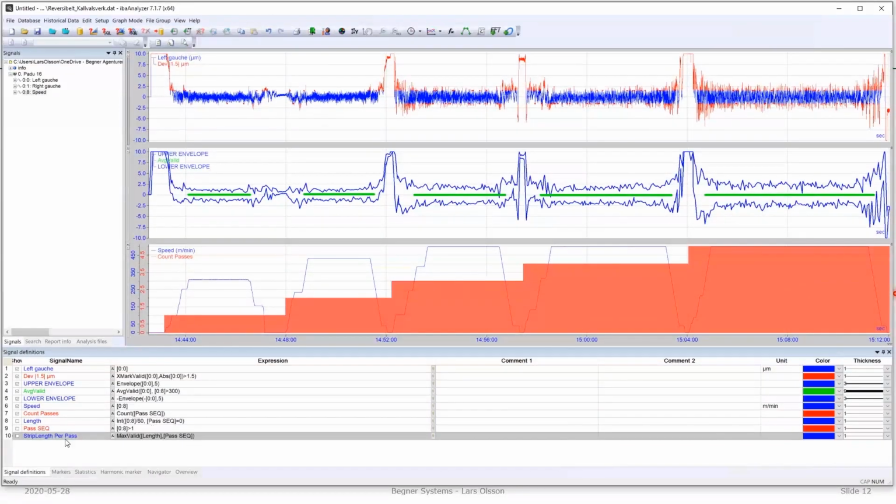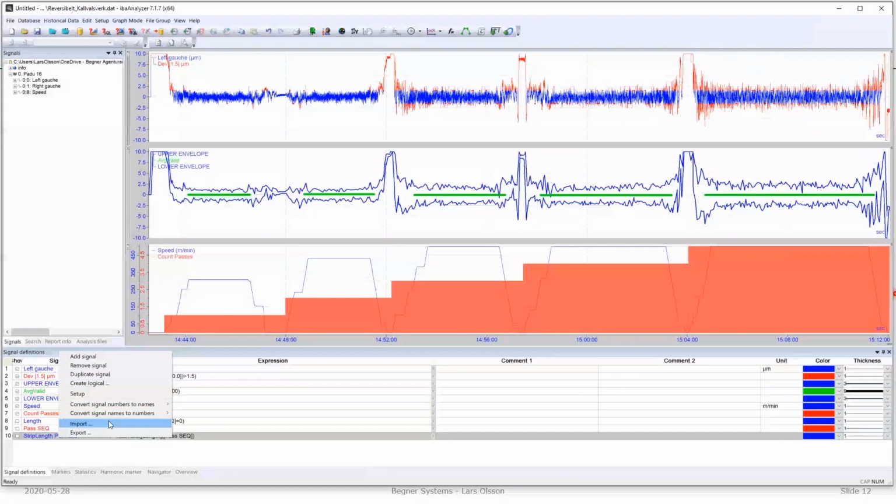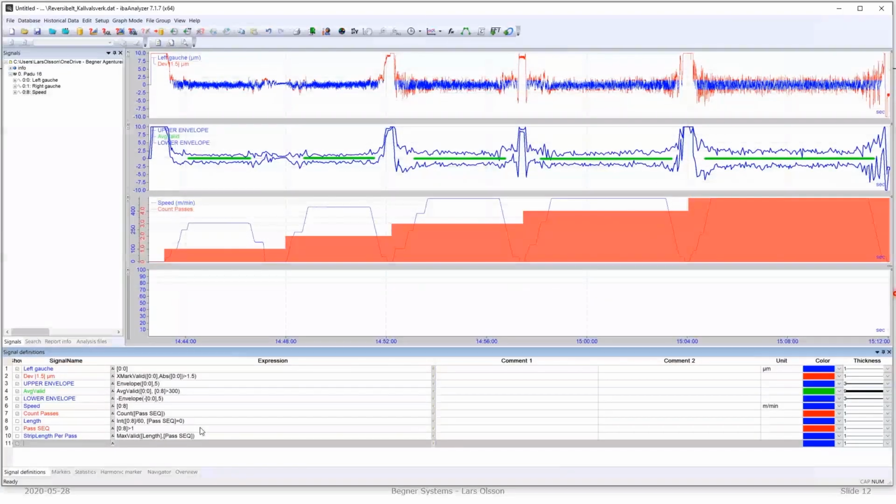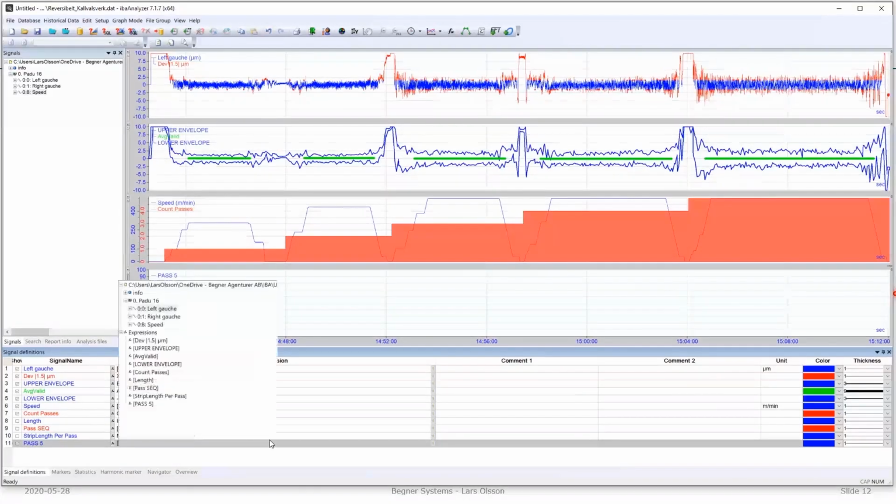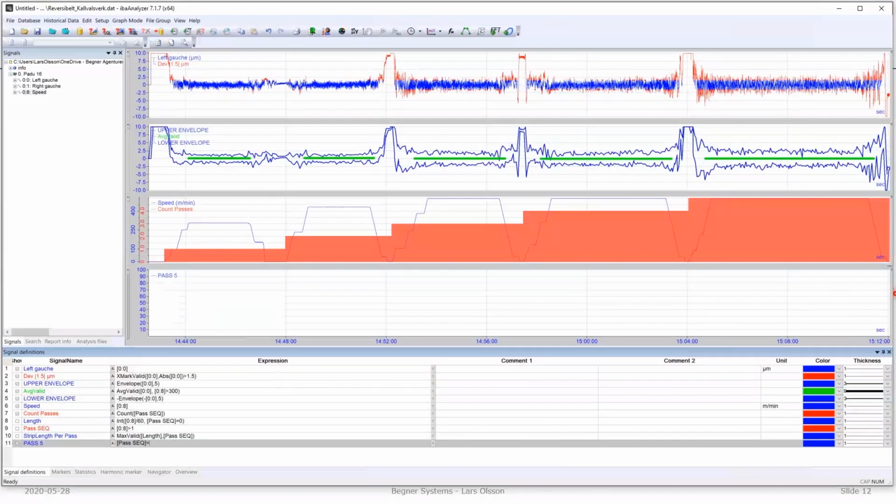Now we have to put in an indicator for pass number 1. I will now focus and close in a little bit on the example I told you about, putting thickness deviation from pass 1 on top of the thickness deviation from pass 5. So we make an indicator for pass number 5. It will be when this pass sequence is true and